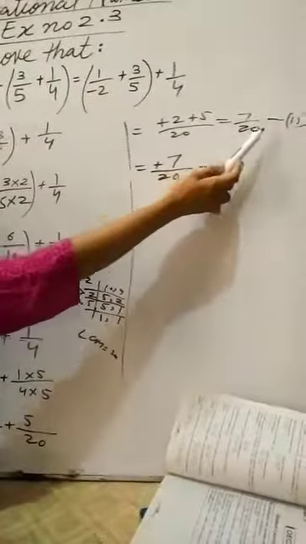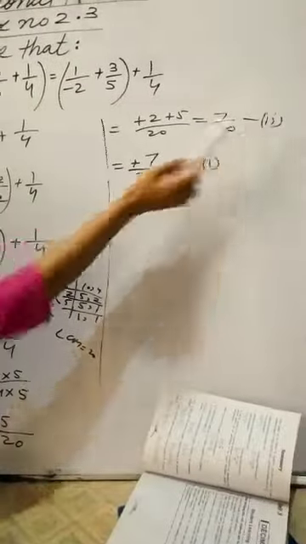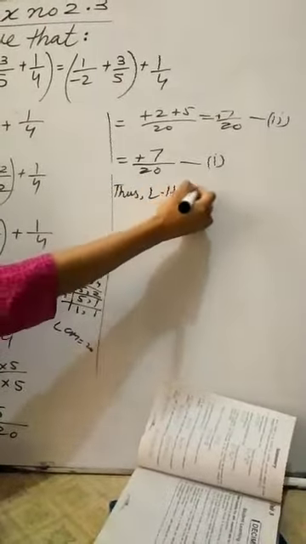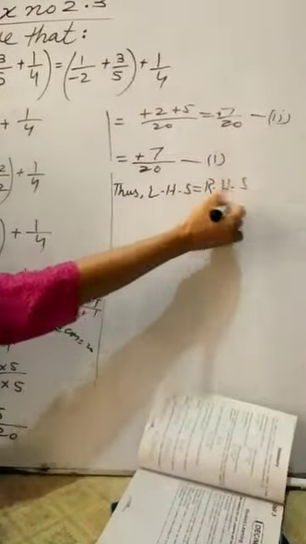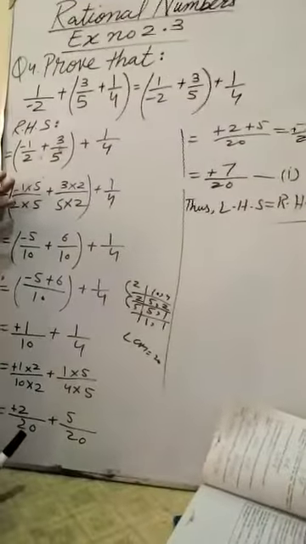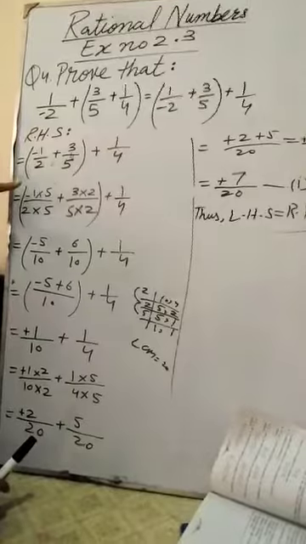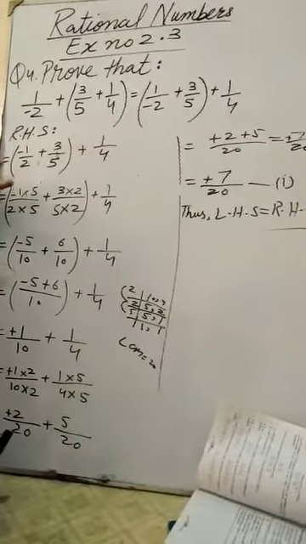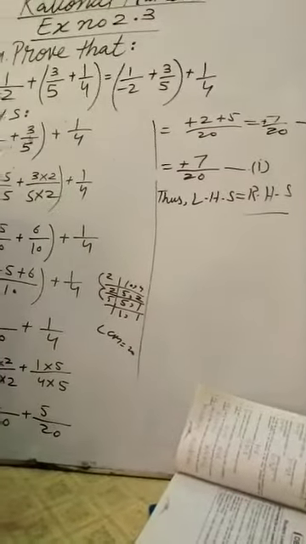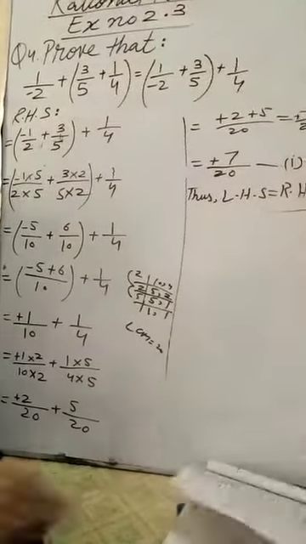Now see, left hand side is equal to right hand side. Answers are the same. Put the sign of bigger value. 5 is bigger. Write it thus. Left hand side is equal to right hand side. Draw the ending line. Now, these are the steps for solving the fractional values. First of all, you need to find the left hand side. Then you need to find the right hand side and see your answer. If the answers are the same, it means your question is right. Now I am solving the next question.